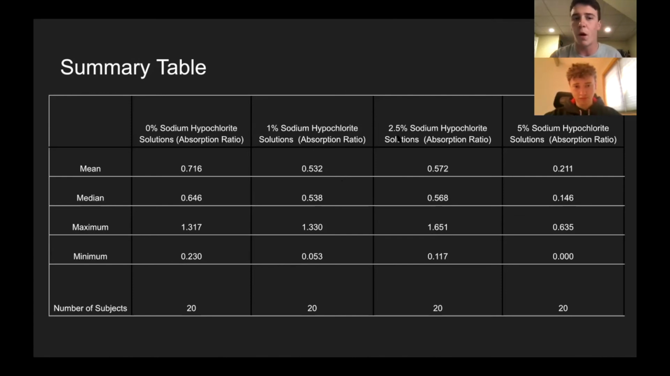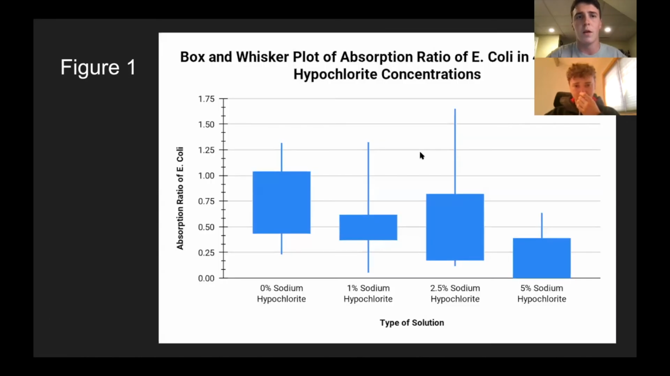Consequently, this could possibly bring into question again the accuracy of our colorimeter, as Aaron had mentioned, as we saw some confusing results like this across the table. Now, this next figure here most clearly highlights the general trends in our data. This box and whisker plot clearly identifies the trend that a higher sodium hypochlorite solution will lead to a lower